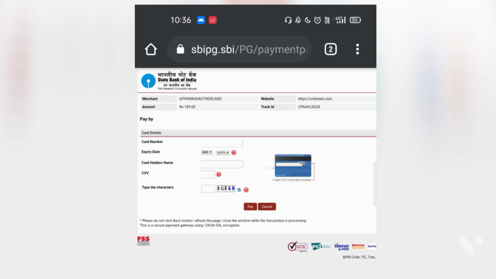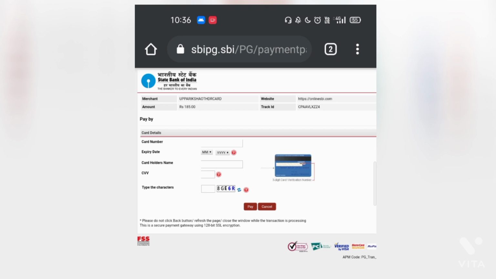Okay, now you have to enter your card number, the expiry date, the name mentioned on the card or the card holder's name, the CVV which is mentioned behind your card number, and then you have to enter this captcha code again and just click on pay. As you do this, you will be directed to a confirmation page.